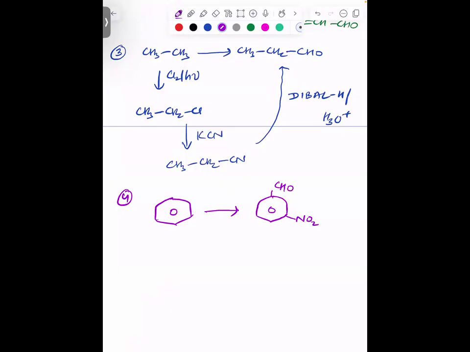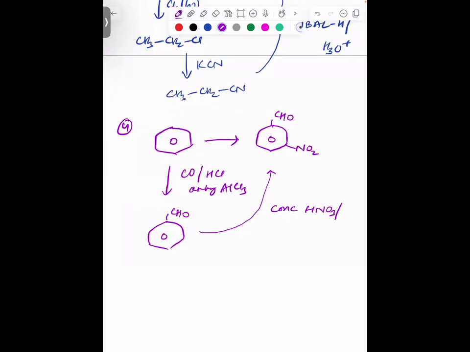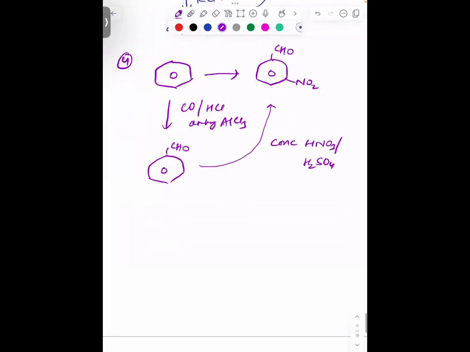That is the Gattermann-Koch reaction. In the Gattermann-Koch reaction, the reagents are CO, then HCl along with anhydrous AlCl3. It is converted to benzaldehyde. Then with benzaldehyde, nitration: concentrated HNO3 in the presence of H2SO4, that will be converted to meta-nitrobenzaldehyde. And the last one is